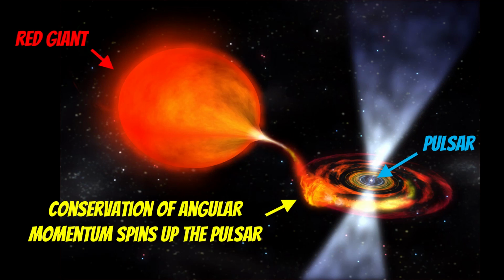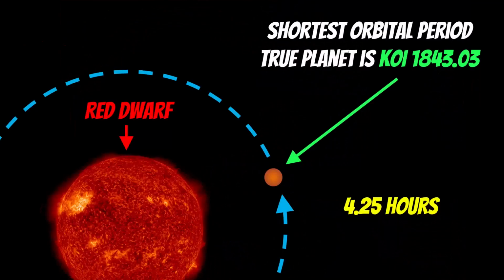Normally, they slow down. So those beams that they create, those jets that sweep out, you get a magnetic braking from that, and over time they typically will slow down in rotation. But when you have a system like this, it will actually spin up the pulsar. So this is responsible for removing much of the outer layers of this companion star, which is then left behind that central core. Now, we're going to leave that system behind and forget about it really, because it's not really